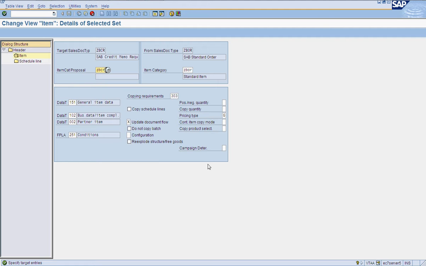copying requirements and data transfer routines and all other controls as standard SAP has provided, like pricing type G, that means copying all the pricing elements but redetermine taxes, update document flow. So just click enter.